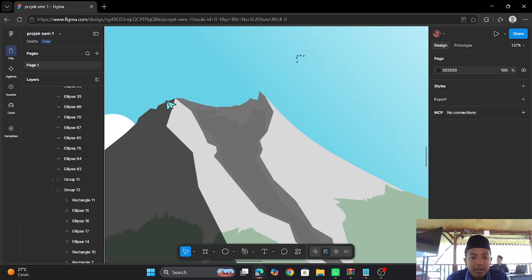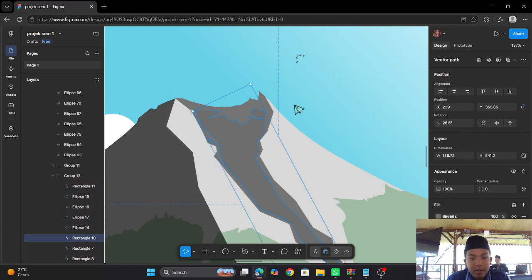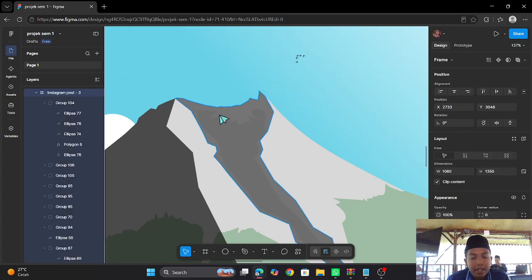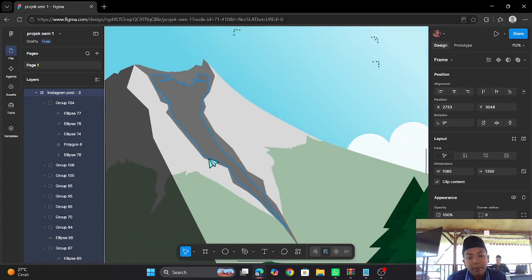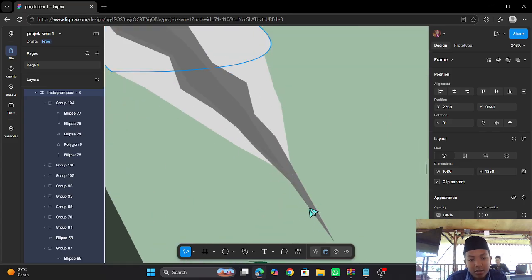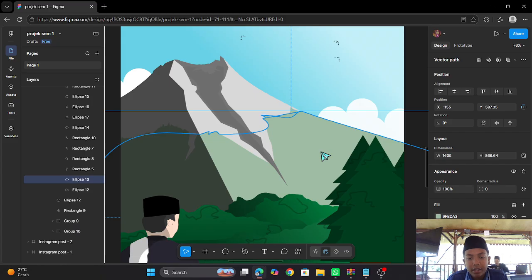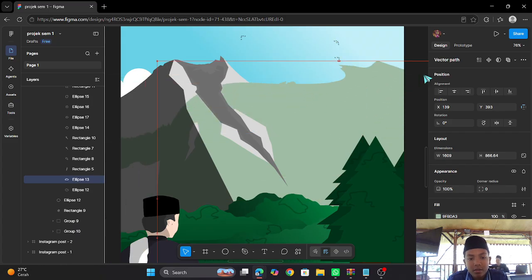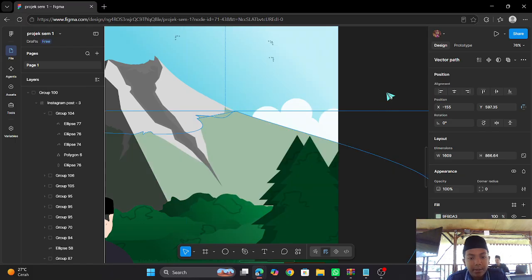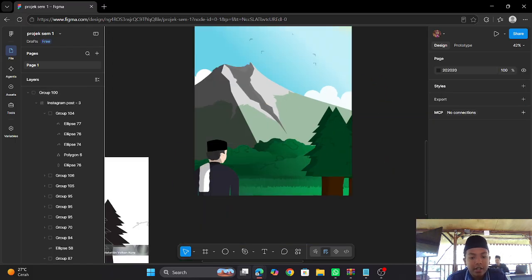Then I make this hole a little bit darker, you can see here, because I copy paste this and then remodel at the top, make the same at the bottom, and then make it long but not as long as the original one. I make this forest using an ellipse, make it bigger, and then you can set it using the pencil. So here the pencil is everything.